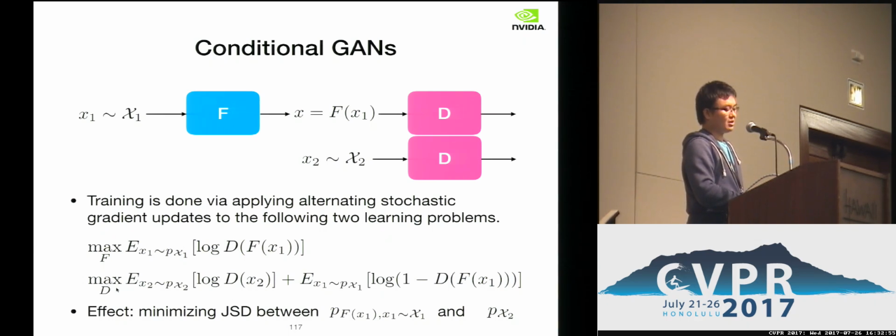And for the discriminator, you do the same thing. Just the image coming from the generator is a conditional model based on S1 and mapped to the other domain. And again, it's minimizing the Jensen-Shannon divergence between these two distributions, where one is the data distribution in the second domain, and this is the model distribution for modeling the second domain, but you are using the image from the first domain as input.